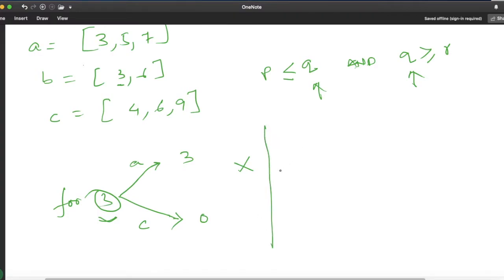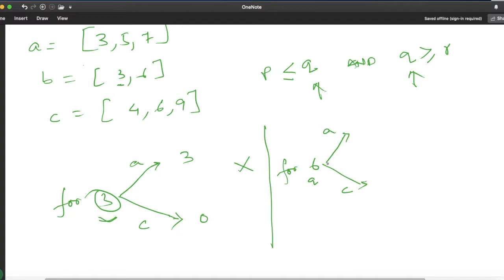Let us move to 6. So we have to pick elements from A and from C. How many elements are there in A which are less than or equal to 6? Because our condition is Q should be greater than or equal to P and also greater than or equal to R, and P, Q and R are the elements from A, B and C. So we have picked this element 6 which is from B, the Q value.